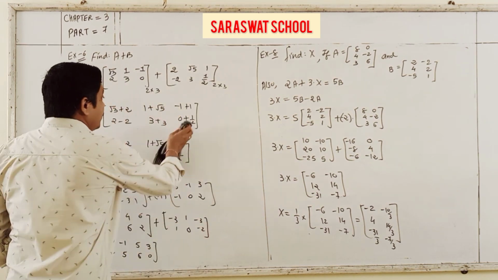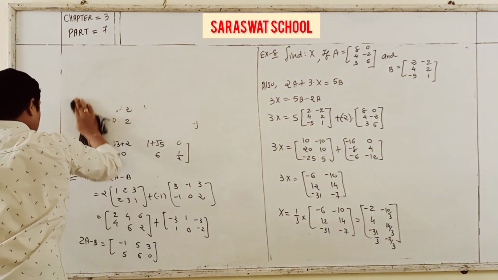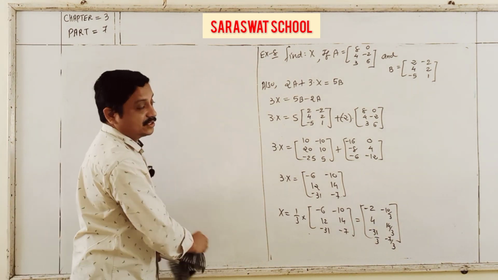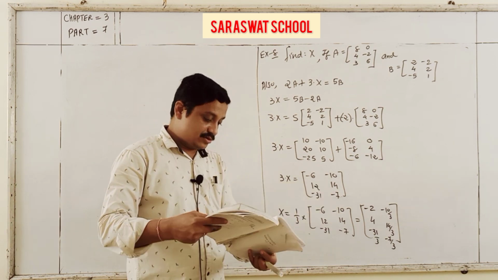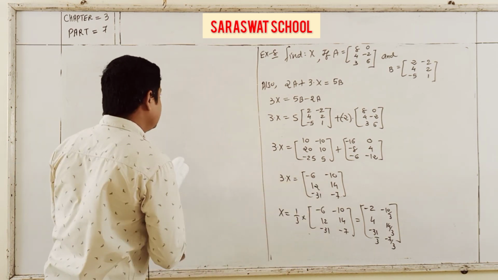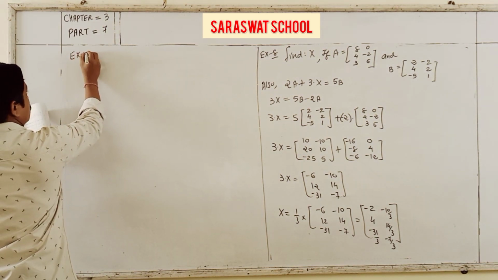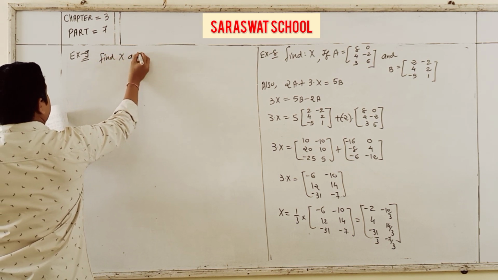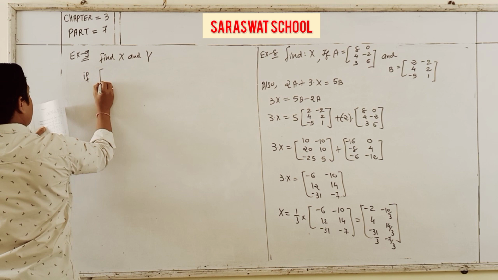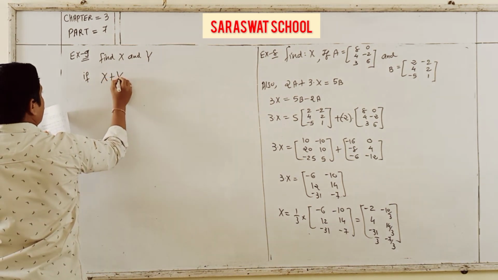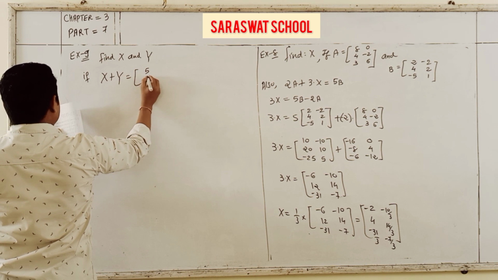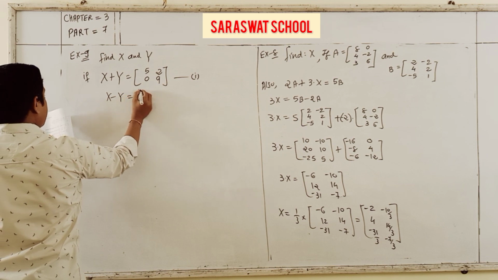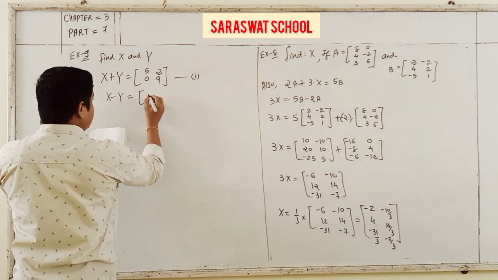Next, example 9. Example 9 is also related to MCQ-type questions. Find X and Y for the given matrices. Find X and Y if X plus Y is given as 5 0 2 9, and second, X minus Y is 5 0 2 9, and next given 3 6